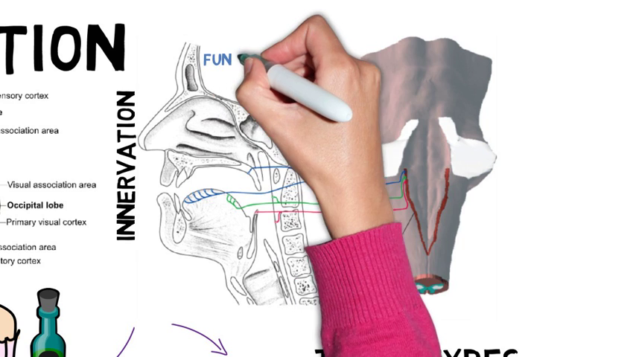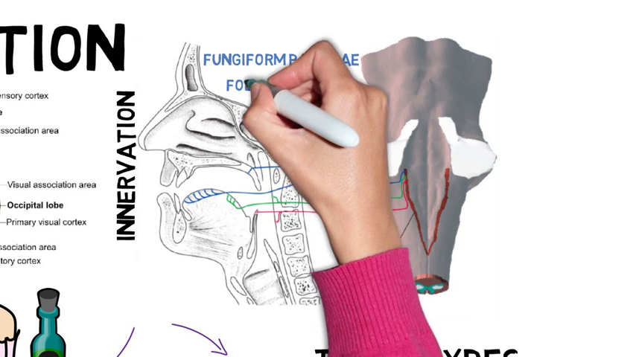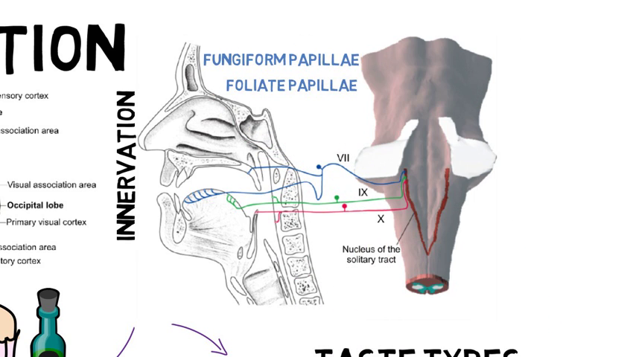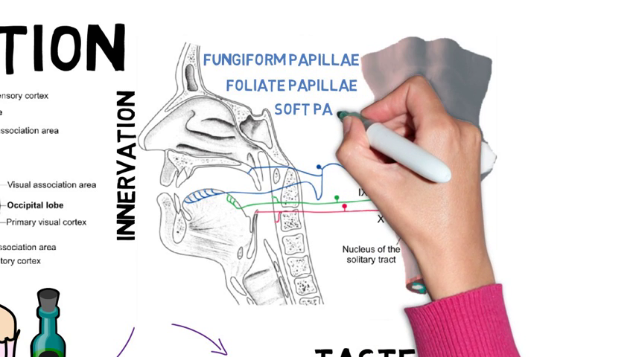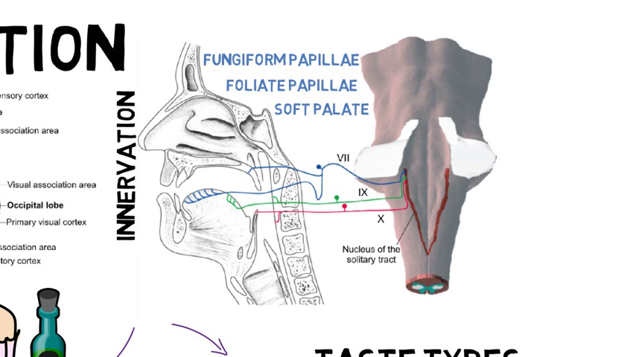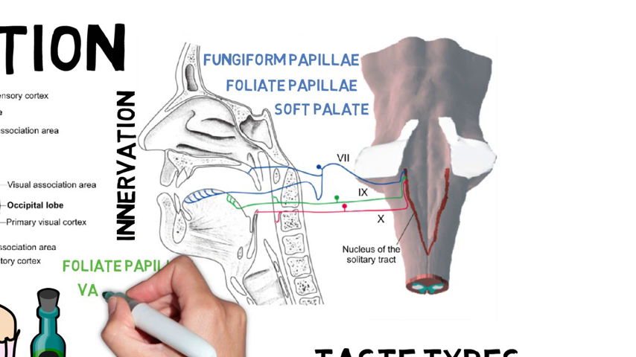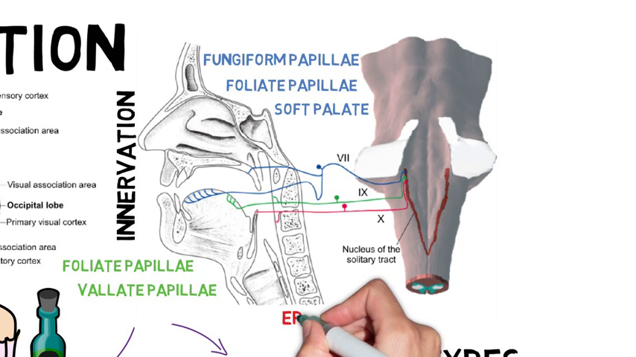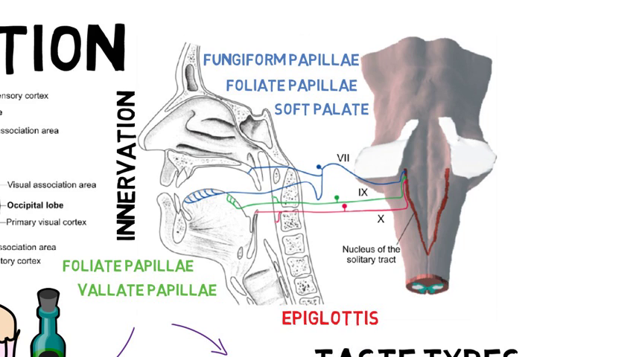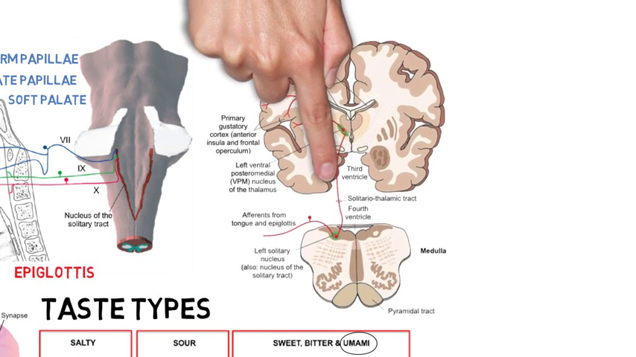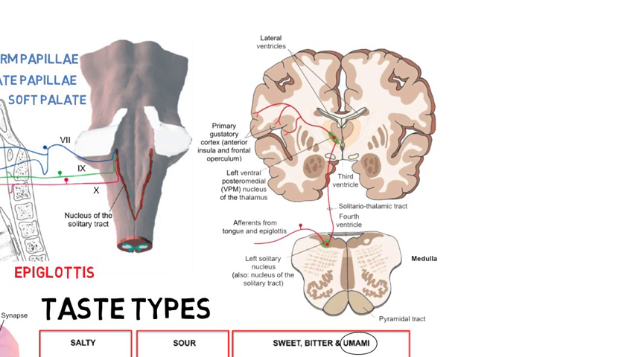Cranial nerve 7 innervates the anterior 2/3 of the tongue, including fungiform and foliate papillae, as well as a soft palate. Cranial nerve 9 innervates the posterior 1/3 of the tongue, including foliate and vallate papillae. Cranial nerve 10 innervates the epiglottis. These cranial nerves have their primary cell body in individual ganglia and synapse in the nucleus of the solitary tract